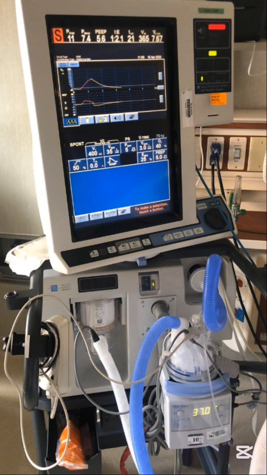Although in most of the books it is written like that, in the ICU settings they set the FiO2 to 100% and then look at the SpO2 and the ABGs. If the SpO2 is 100 or more than 95, they try to reduce the FiO2 by 10 after every 10 to 15 minutes. So for instance, they start the FiO2 from 100% on a patient who is just coming in. They don't know anything about the patient.